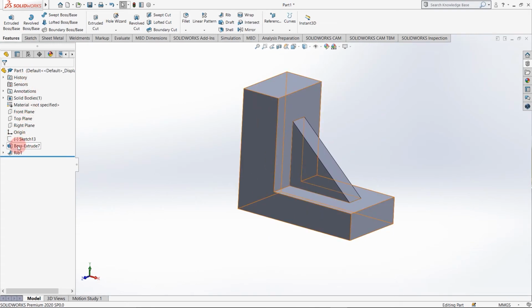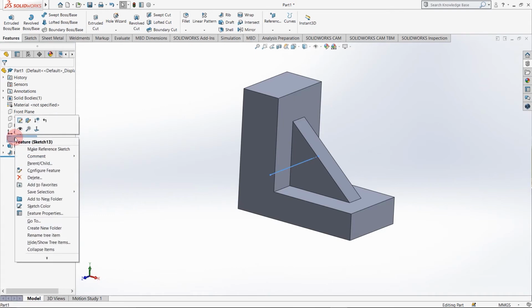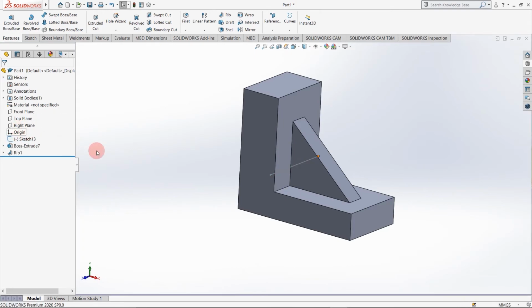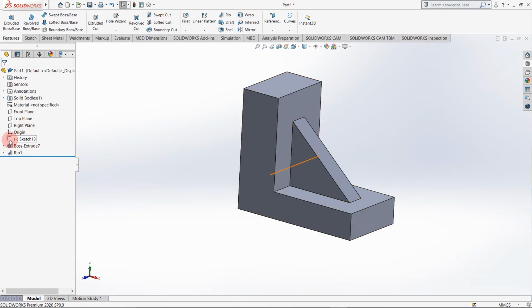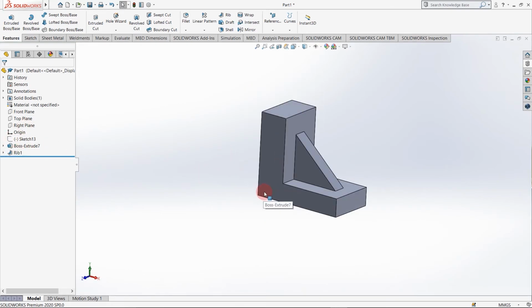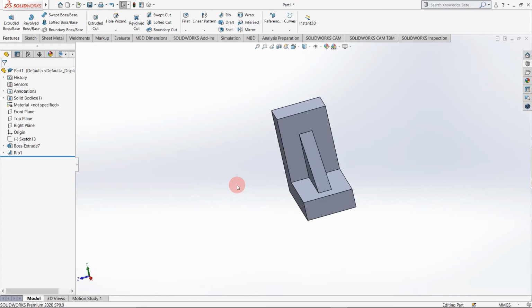The components in the design tree which are blue are visible, and which are black are invisible or hidden. So you can just click on black and now you can see this is blue, so this is visible to us. If I right click on that and hide, you can see it is now black, so it is invisible. So that's it.